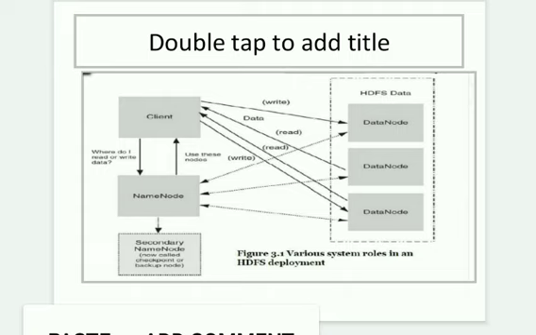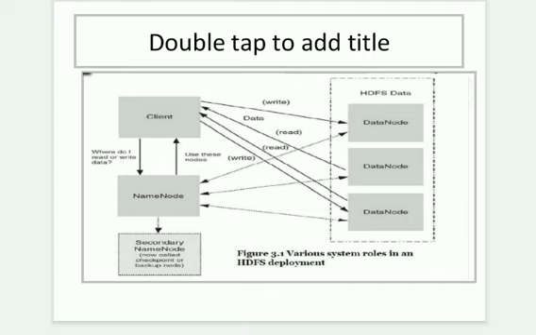A client wants to write some data, so it will request the name node: can you please write or read the data? It will give you the reply, yes, you can read or write this data. This is the IP address where you can store it, this is the location, and this is the name of the data node, might be data node 1, data node 2, data node 3, where you can write the data. Similarly, the client will write or read the data in any of the nodes given there.